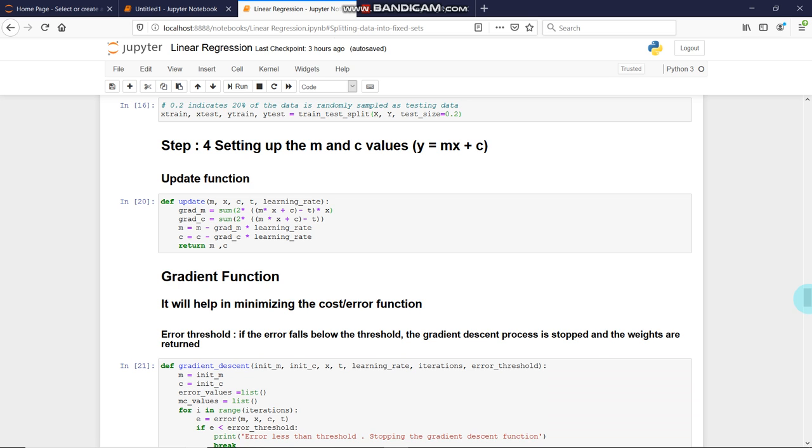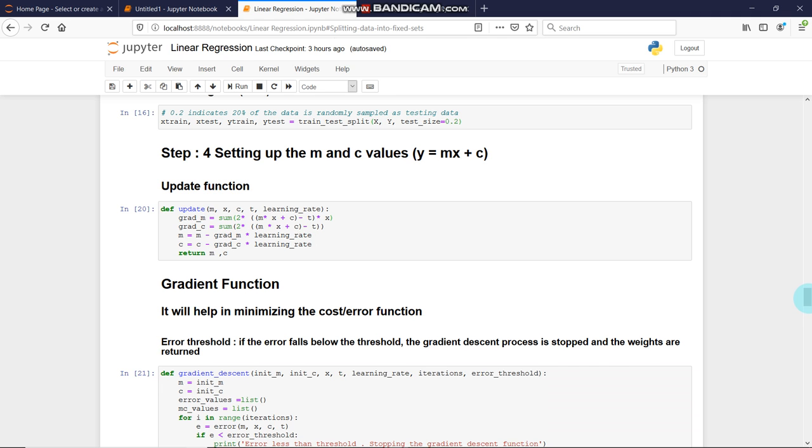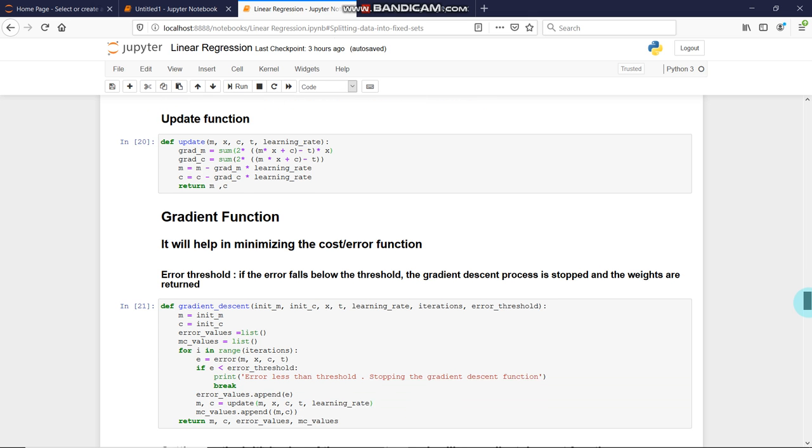Now here comes the mathematical part, that is y equals mx plus c, the equation of the line, and this mx plus c will help in the correlation, and also in minimizing the error function. Minimizing the error function means minimizing the difference between the predicted value and the target value. We don't expect our models to have a large difference, because that would not be an efficient model, right? So we need to have a small difference between the predicted value and the target value, so that we can check whether our model is working efficiently or not.